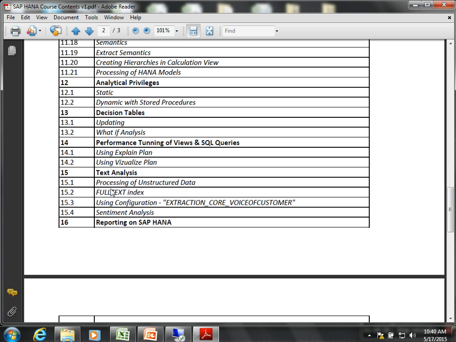Then we get to a topic called text analysis, where you basically learn about processing of unstructured data. And this is where I feel good, because BW never had a concept of processing unstructured data. Now with BW being powered by HANA, HANA brings in the capabilities for processing unstructured data for us. BODS had that, but now HANA will have that. HANA itself will have it, because in HANA you'll have a database table where you put all the reviews, product reviews. We can do sentiment analysis using this text analysis on it. We use something called full text indexes to do that.